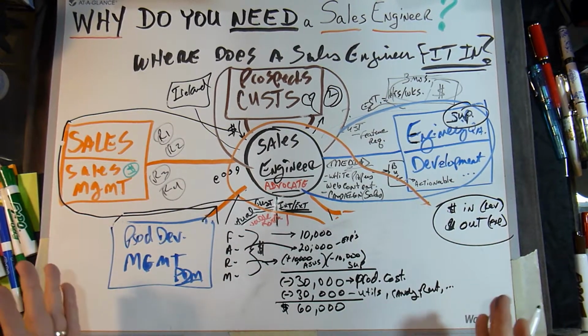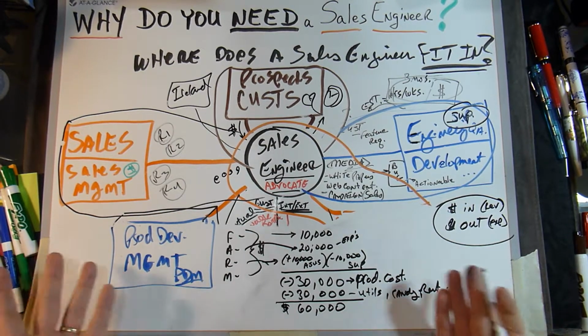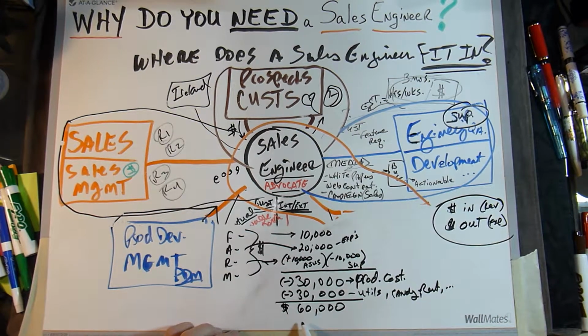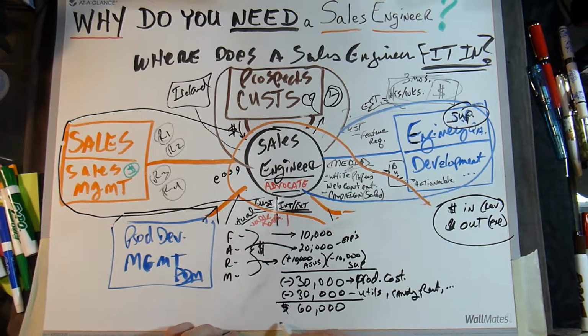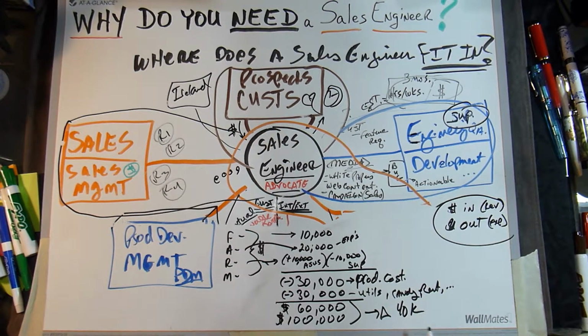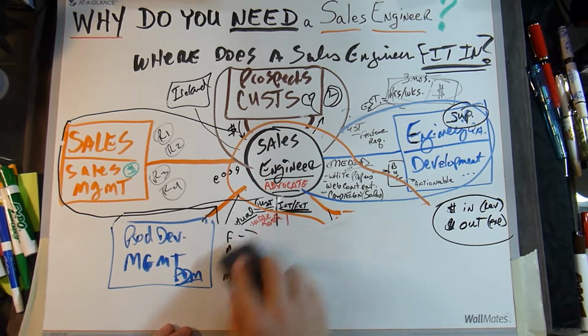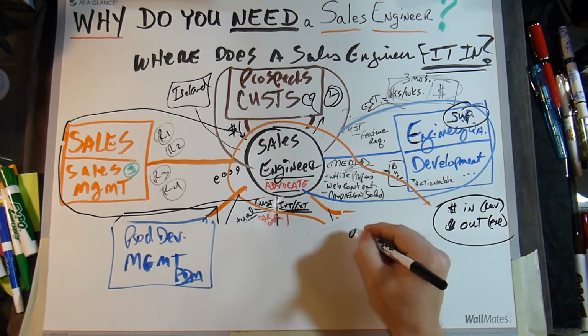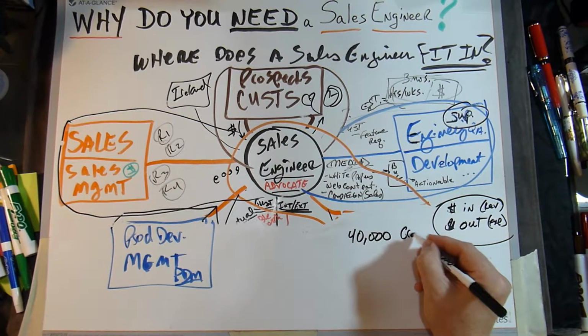It gets complicated when you deal with very large customers, or a product that sits in many different places for the same customer. So we might say out of the $60,000 that it costs us, we're going to charge 100, which gives us a delta of 40,000. Now, in this really, really simple way of looking at this, we might say, well, out of this 100, we need to make profit and such, but we've already covered basically keeping our head above water. So we can take that 40,000 and we can say, okay, we're going to make 40,000 gross on every unit.